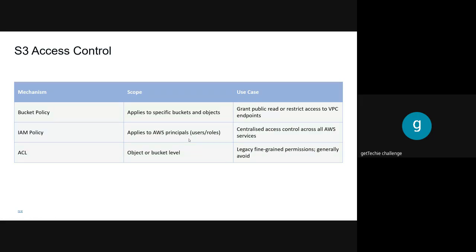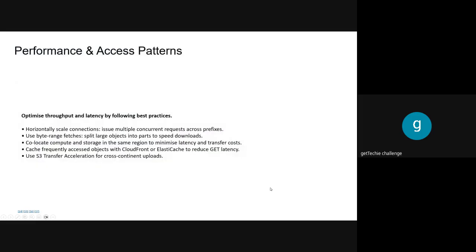One of the things we did was that we created a role and attached a policy to give our EC2 instance, that was last week's course, access to our bucket and download our code into the EC2 instance. If you have done it, you would have been smiling by now. The ACL, right, is object or bucket level. So it's a legacy fine-grained permission. It's generally avoided. We'll see that.